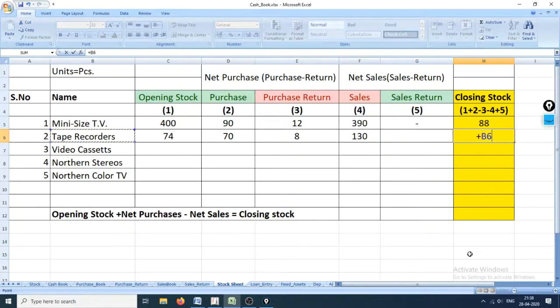Opening stock we have in our godown, hence we should add it. Then we ordered some more, hence we should add them too. Then some went out as purchase return, we should subtract them. Then some went out as sales, hence we should subtract them.